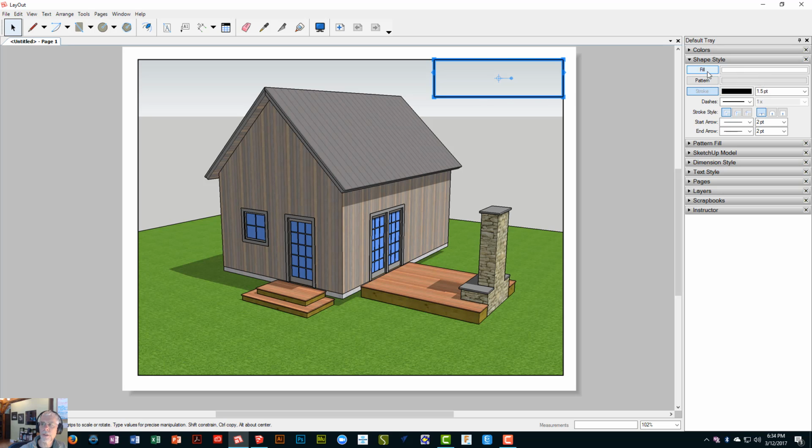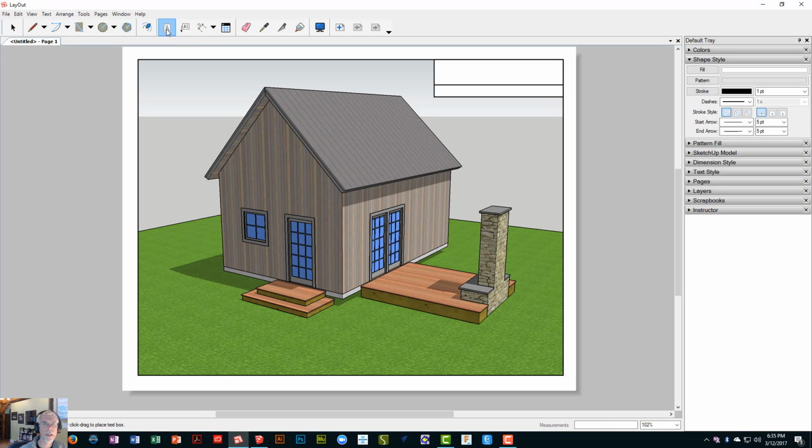I didn't have to. I can turn that off and it would be transparent. You can put patterns in it, etc. But in this case we're going to fill it, and I'm going to put a little divider line here too, right about here. So I'm just drawing a horizontal line, and that's coming out in 1.5 points too, so fairly bold. So I'm going to hit escape to get out of that tool, and I'm going to put some text